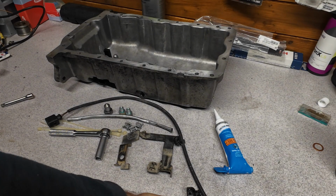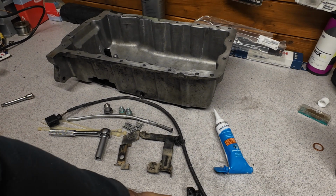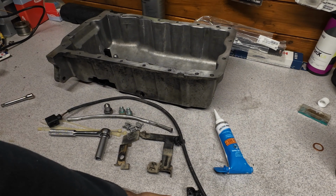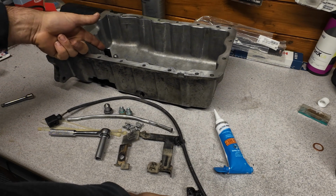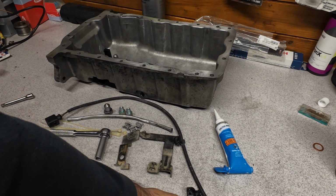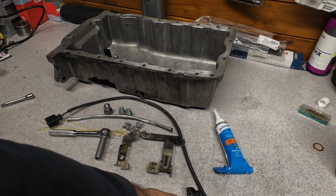Hello everyone, today we are here because I'm doing another retrofit to my Golf, and this time it's another useless thing. Well, not completely useless, but anyway, the oil pan sensor for flexible or fixed service intervals. The benefit of this sensor is that you get the temperature reading of the oil, and also a low level warning if obviously your oil is low, and also if you have flexible service intervals,